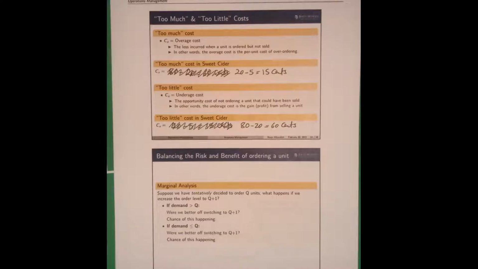You run out of inventory, and you are not able to sell one unit to the very last customer. How much cost are you going to incur? Well, the cost is going to be: you could have sold it for 80 cents, but you had to pay 20 cents for it to begin with, right? So it's going to be 80 minus 20, 60 cents. That's it. It's so easy to write formulas for these parameters, but that is not a good idea. So just remember these two concepts the way they are.